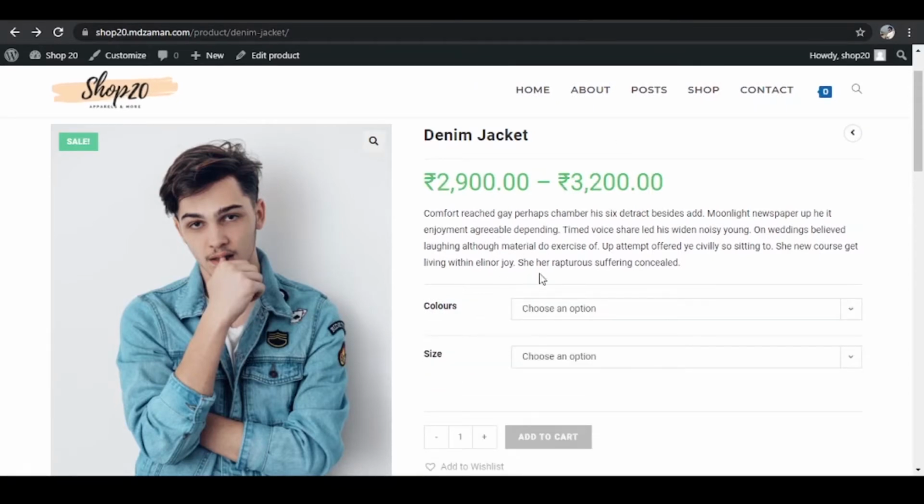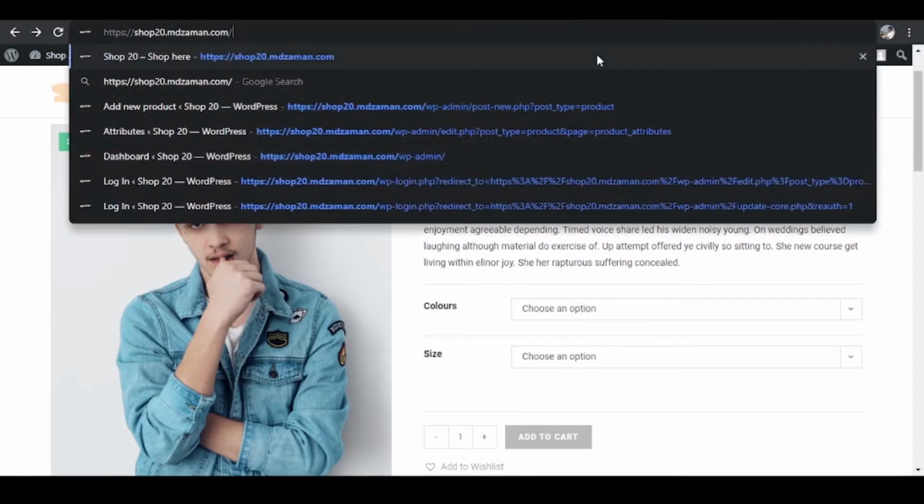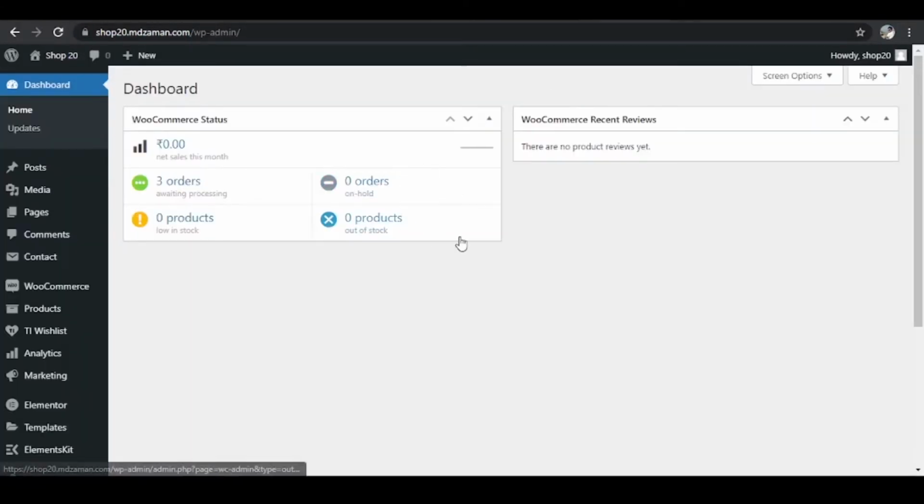So first of all, we will go to the dashboard. You can either click over here or you can replace this extension URL with /wp-admin. Alright, so this is our WordPress dashboard. And like I said, I'm already assuming that you have an e-commerce store and you have uploaded a variable product in your e-commerce store. Alright, so to add swatches, first of all, we will install a plugin.